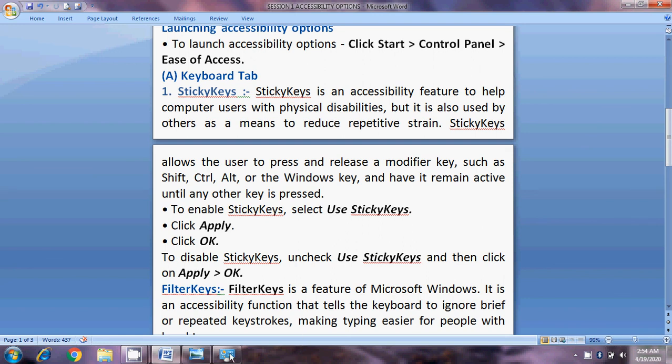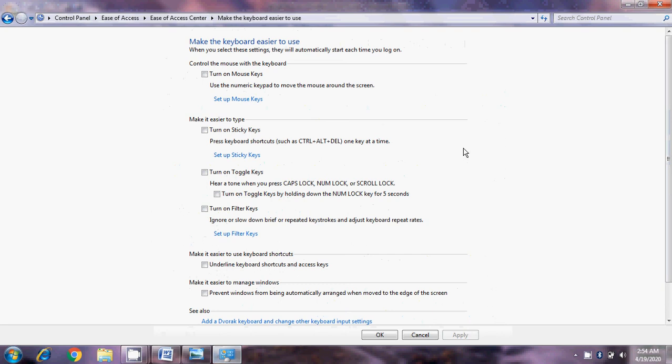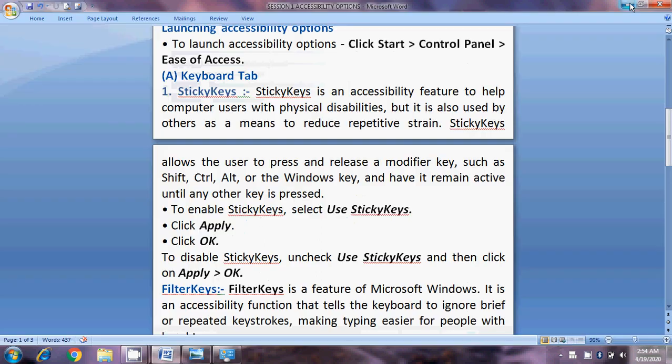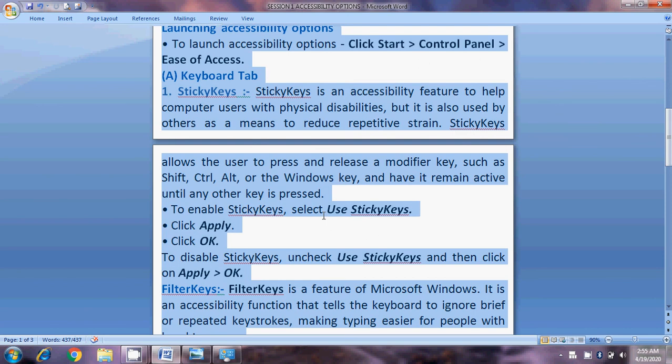Go to Control Panel, click on the turn on sticky keys option, then click on apply, then click on OK. Now I press the Control key, then I press A. What I see is all the text is selected.